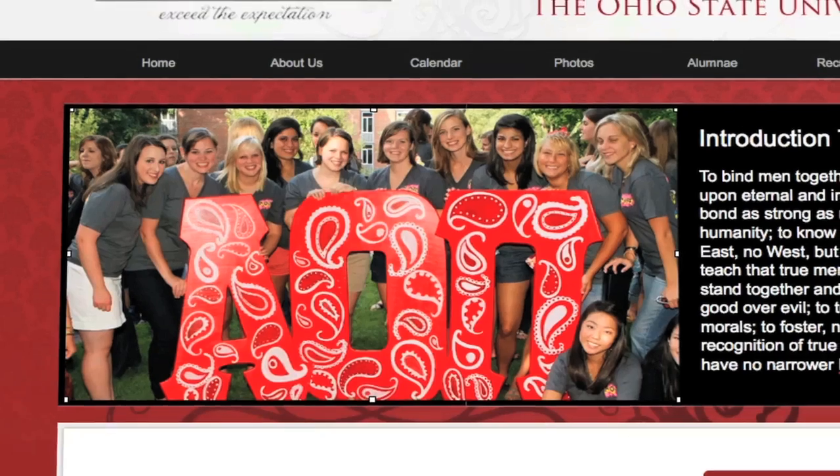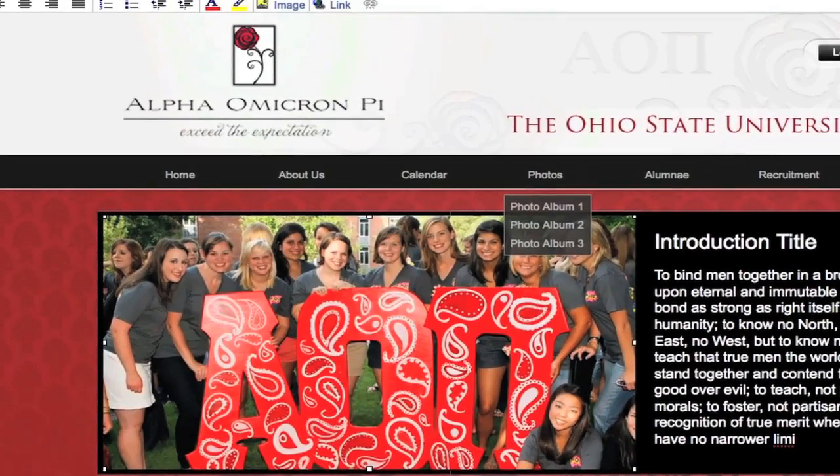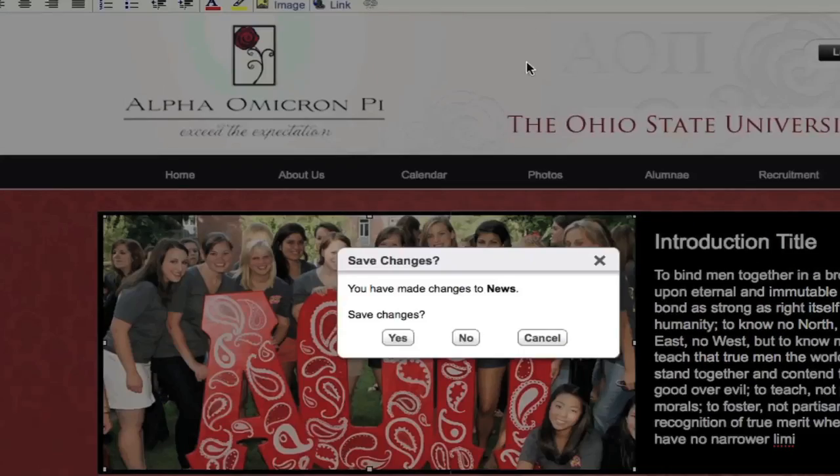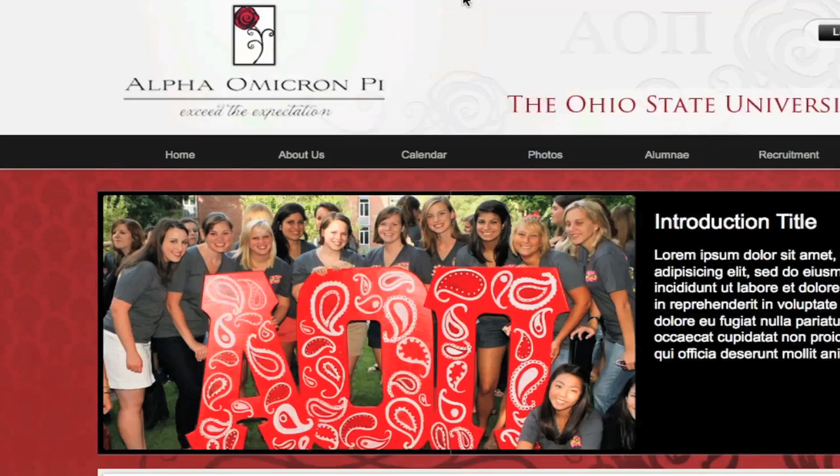Once you're content with all the changes you have made, simply click on the Return to View button at the top of the editor and decide whether you want to save or disregard your changes. It is important to understand that anything you save will immediately be pushed out onto the public version of your website in real time. One thing to keep in mind while editing your web pages is whether a content region